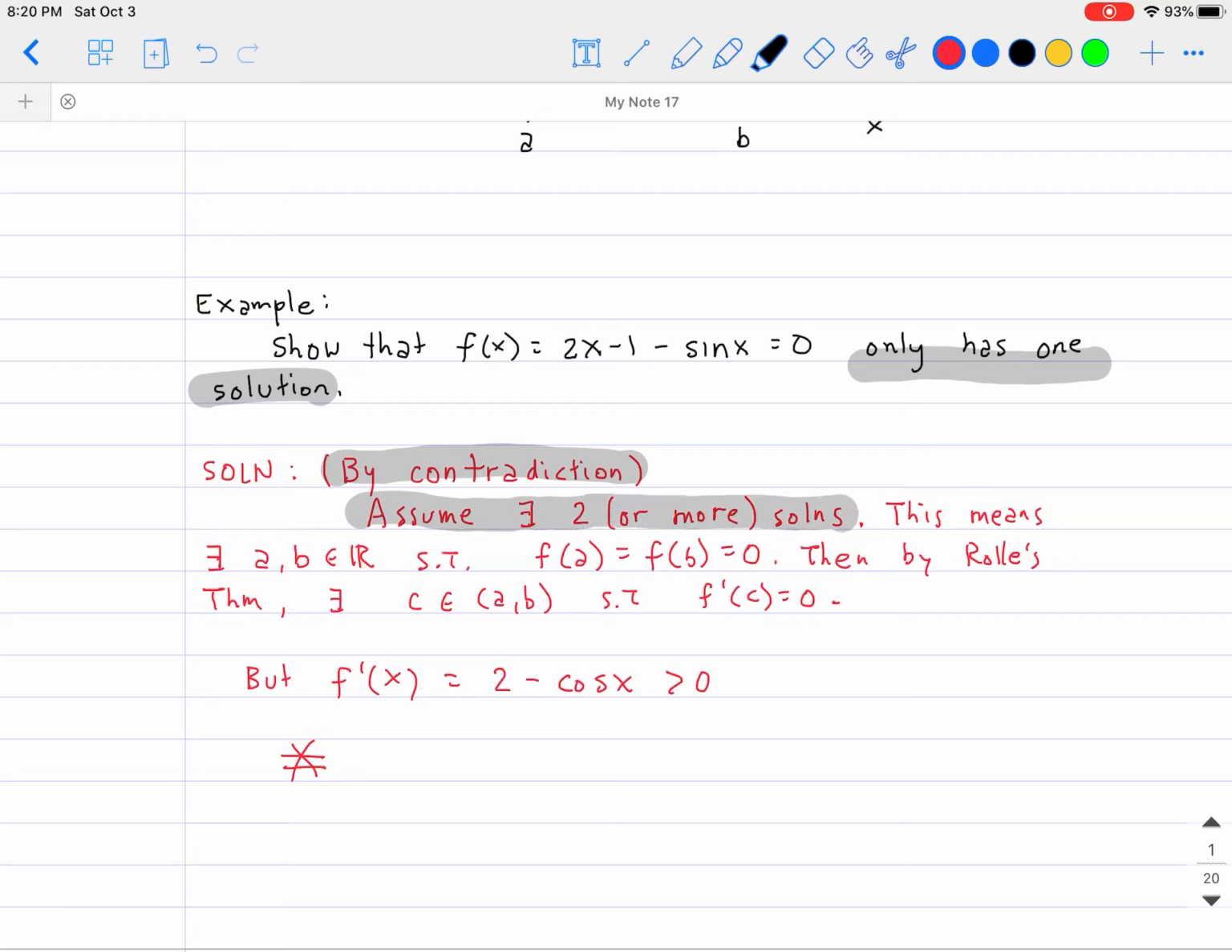Solution is going to be proof by contradiction. Assume that there exist 2 or more solutions. Then, according to the mean value theorem, this has to be true right here. If I call one of the solutions A, and then let's go ahead